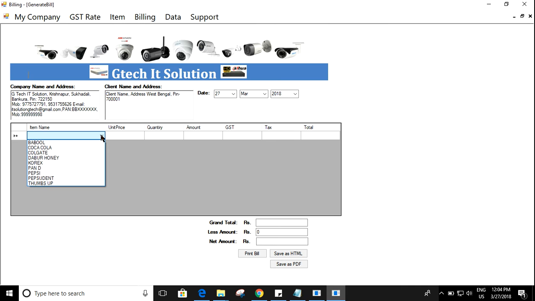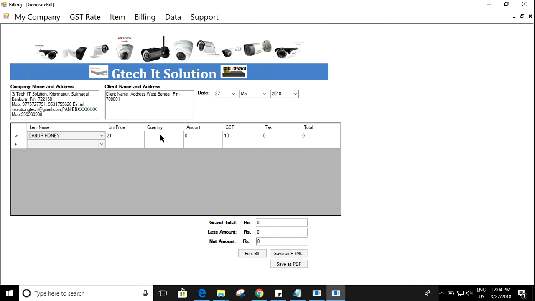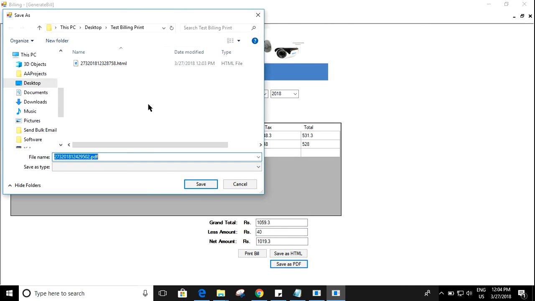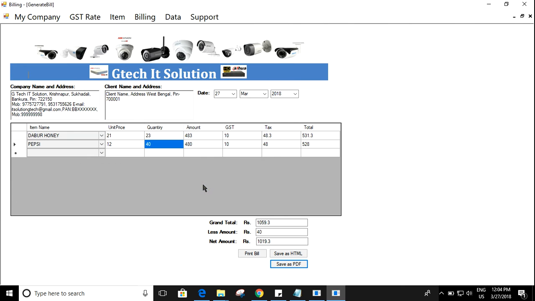Now creating another bill, quantity say 23, and Pepsi say 40. I'm giving 40 rupees less here. I am saving it as PDF. Okay, saving it as PDF.